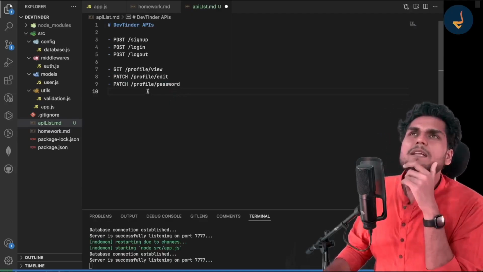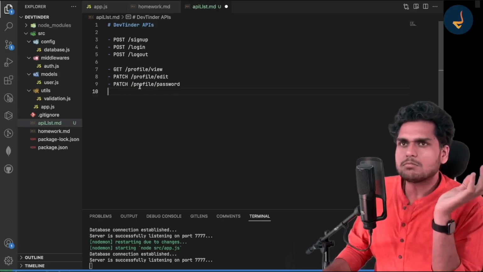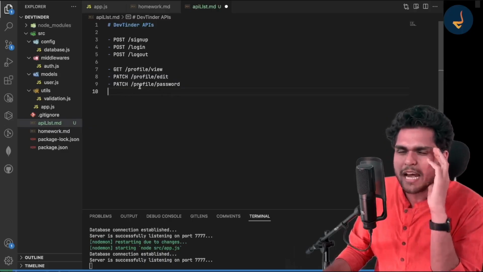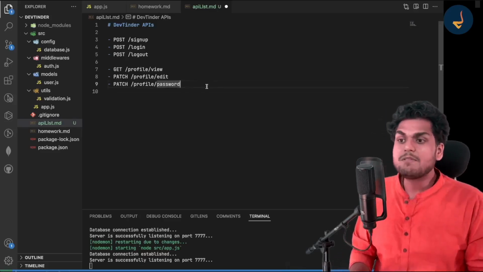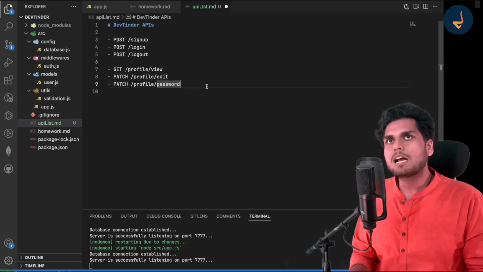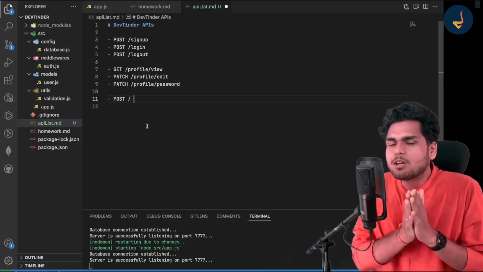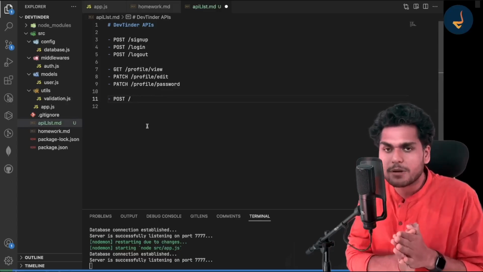What other APIs can there be? There can be more user APIs, right? Maybe like updating the password, updating the profile, and I can't think of more right now, but okay, that's it. Then we can have some APIs for sending the connection request, right? Before I start listing the APIs about sending the connection request and receiving the connection request, I